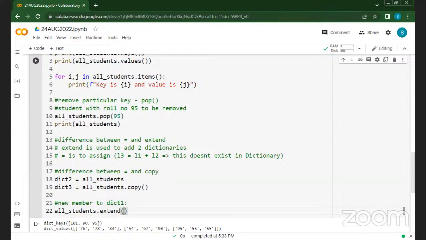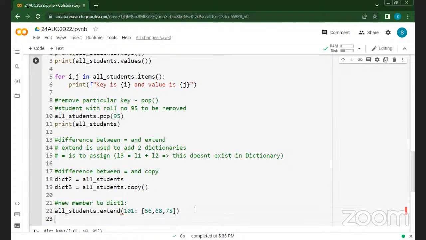So here we will give roll number, let's say 101 colon values in the tuple, isn't it? So now if I print dictionary 2, I'm going to say